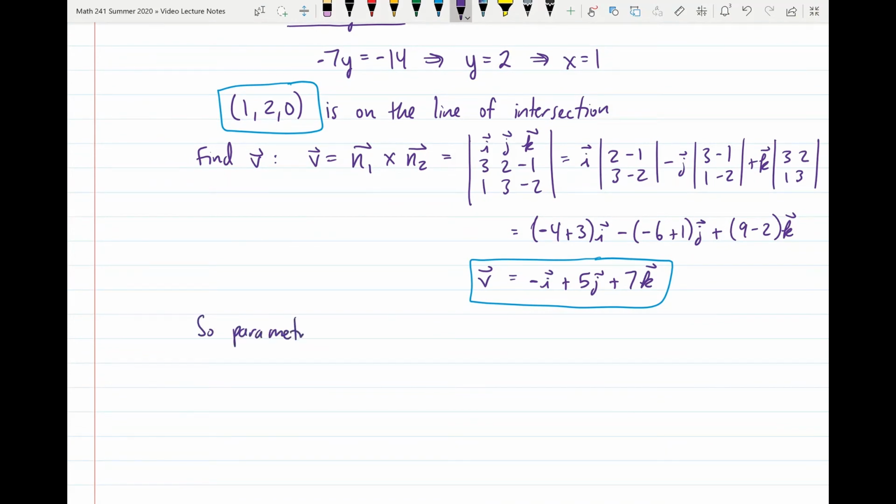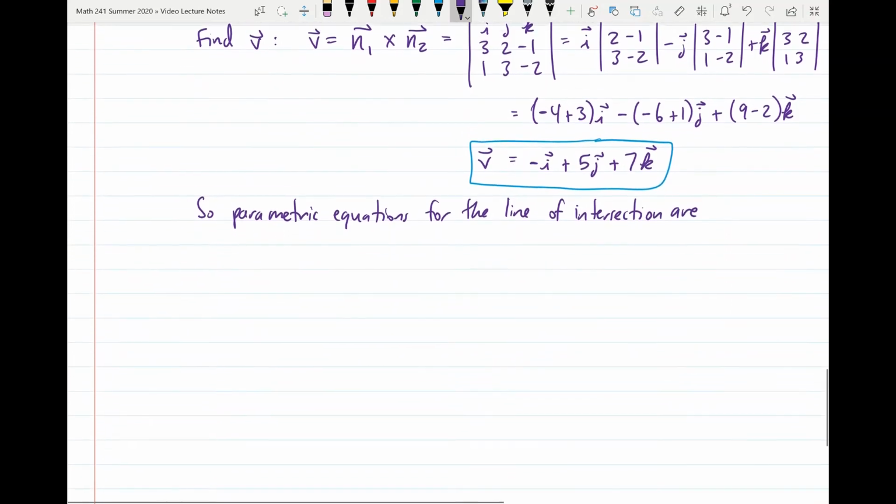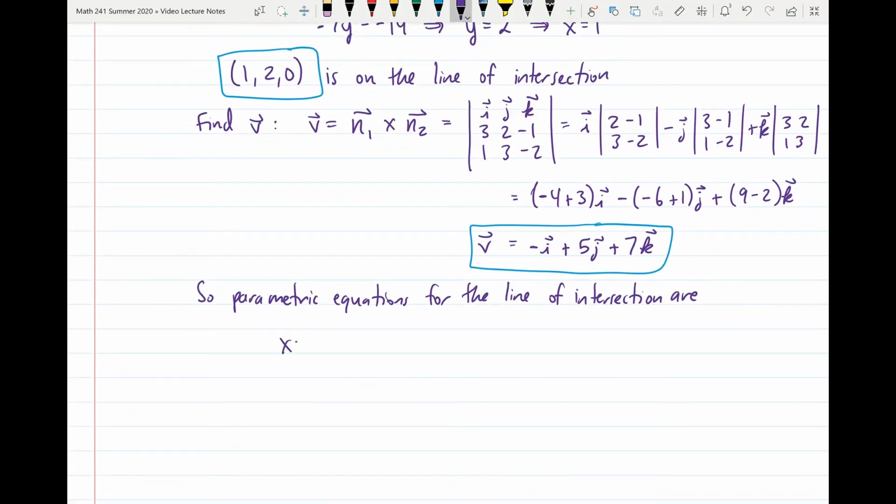So parametric equations for the line of intersection are: x is equal to 1, because 1 is the x-coordinate of the point on the line,